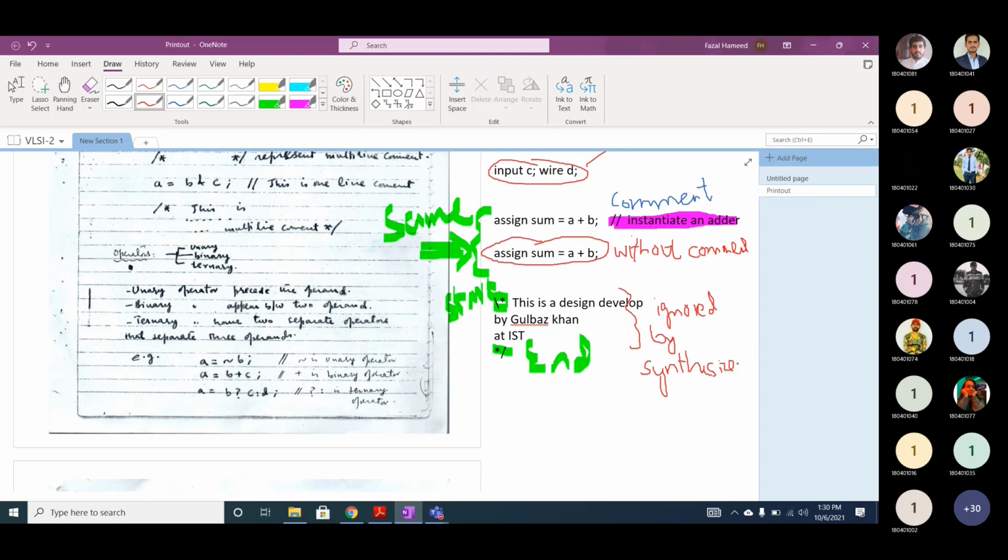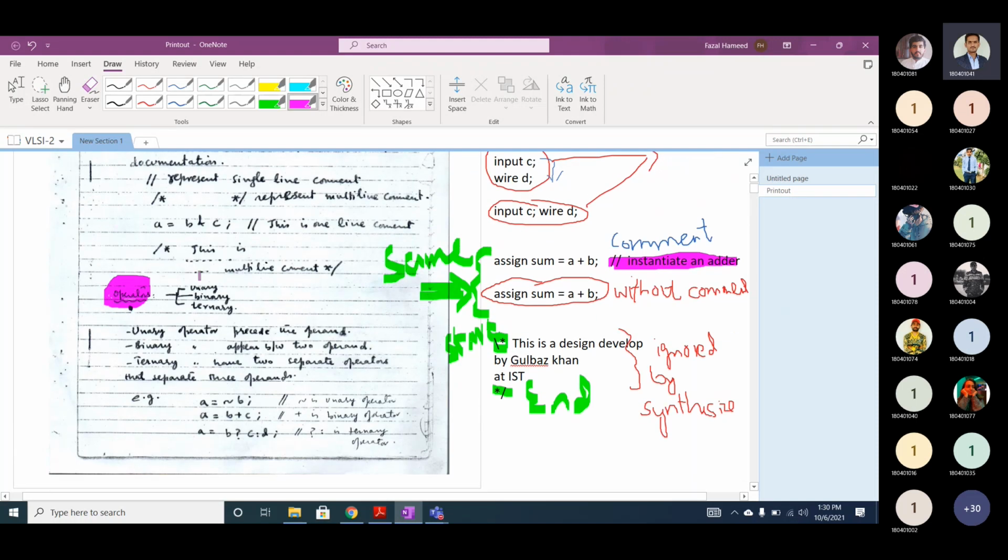In digital design, we are designing a digital hardware. And when we talk of the hardware, what are we going to synthesize? Anybody? Logical operations.